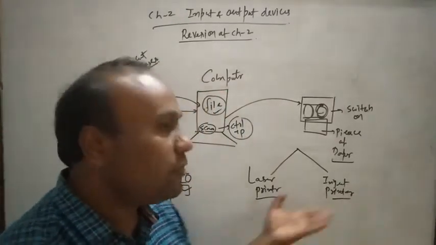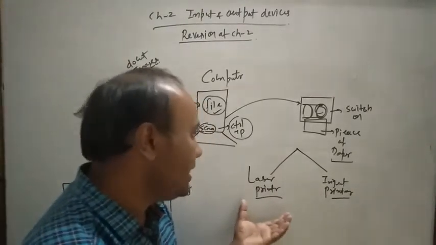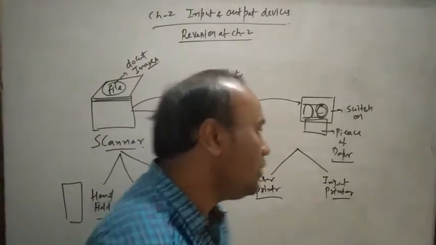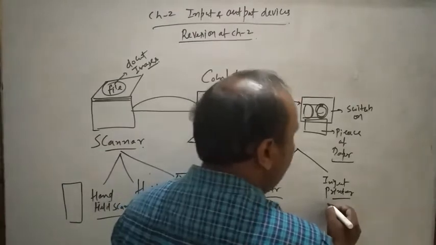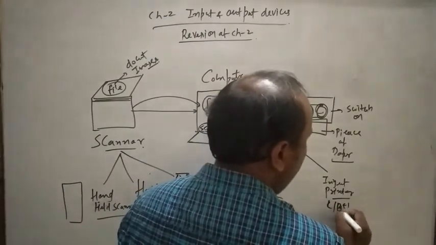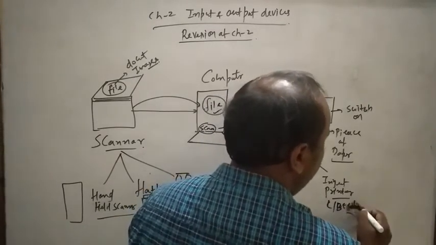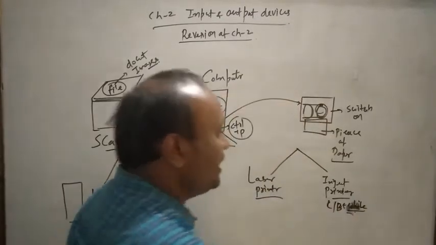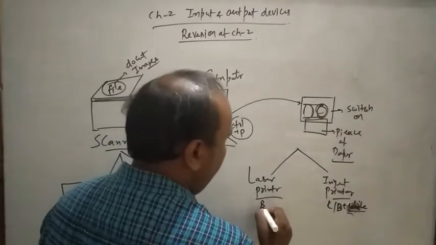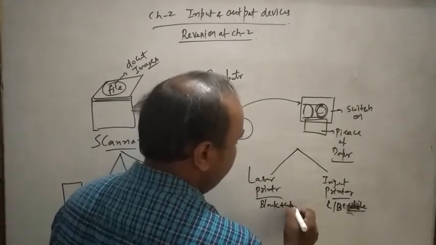If you go to a cyber cafe, you can ask where the laser printer is or how the laser printer works. If you are printing both color and black and white images, you can print them with the help of the inkjet printer, but with the laser printer you can print black and white pictures only.